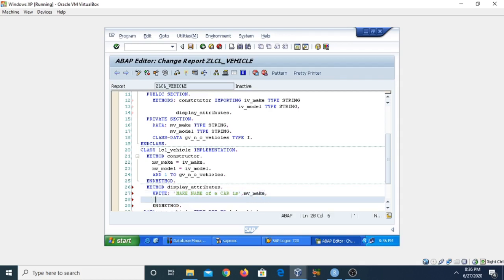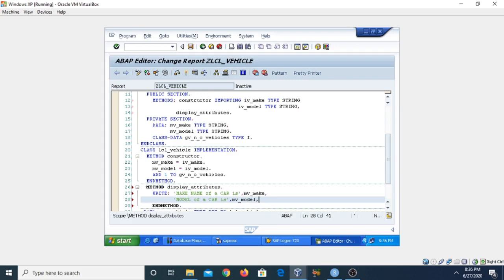Similarly, you can also write down the model of the car. This is our model of a car is MV_model.